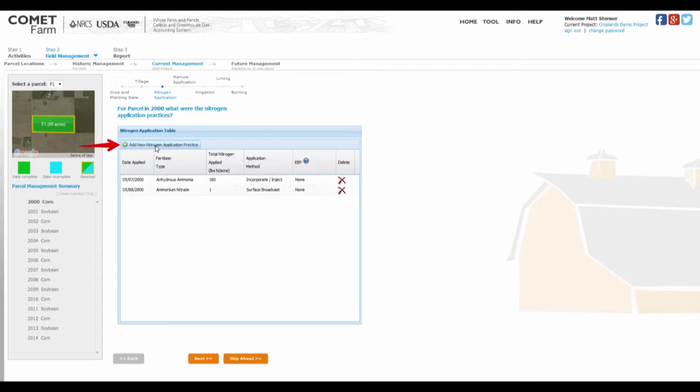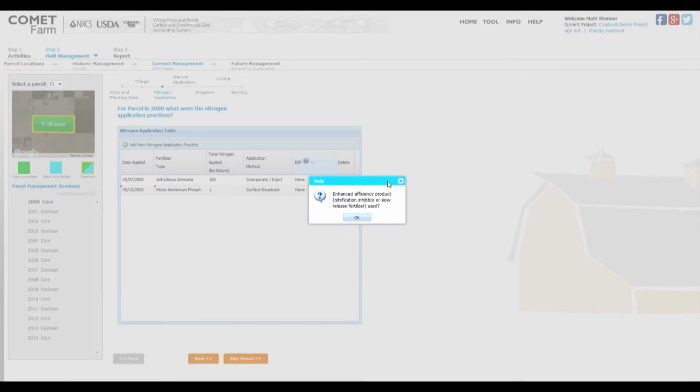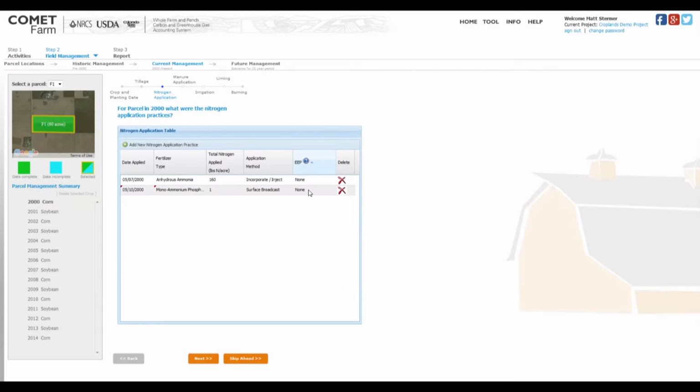When adding a new nitrogen application practice, you select the date applied, select the fertilizer type from the drop-down menu, enter in the amount applied, pounds nitrogen per acre, and the application method from the drop-down. We also have the option, for those of you that are using enhanced efficiency products, nitrification inhibitors, or slow-release fertilizers, to select that feature from the drop-down menu. Go ahead and select None since we are not using an enhanced efficiency product. Click Next to move